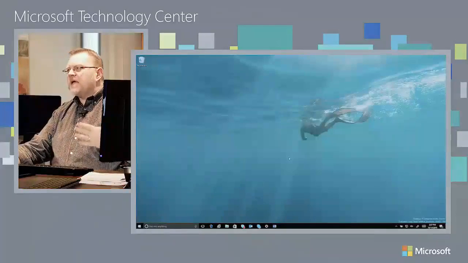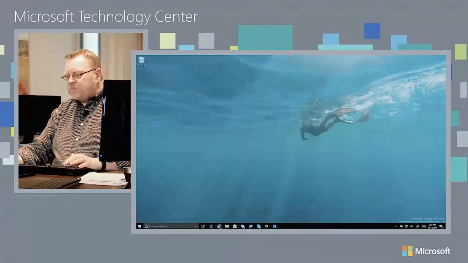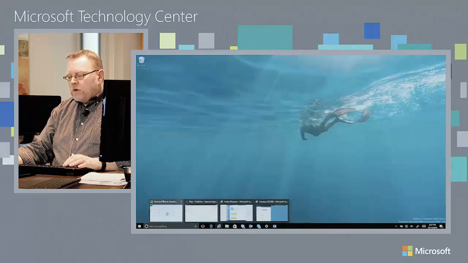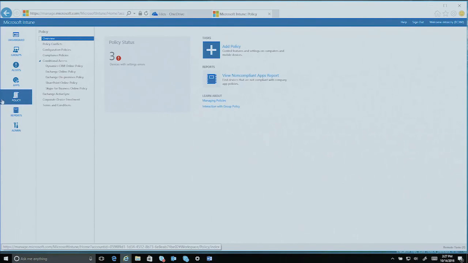So of course, what you see here is my PC. I'm sitting here at the desktop, and I want to step back and start at the very beginning, how I actually set up and configure these policies. So as an administrator, I'm going to use Intune in this particular example. What I can see here, of course, is the Intune dashboard, and I'm going to come in here and configure a policy, okay?